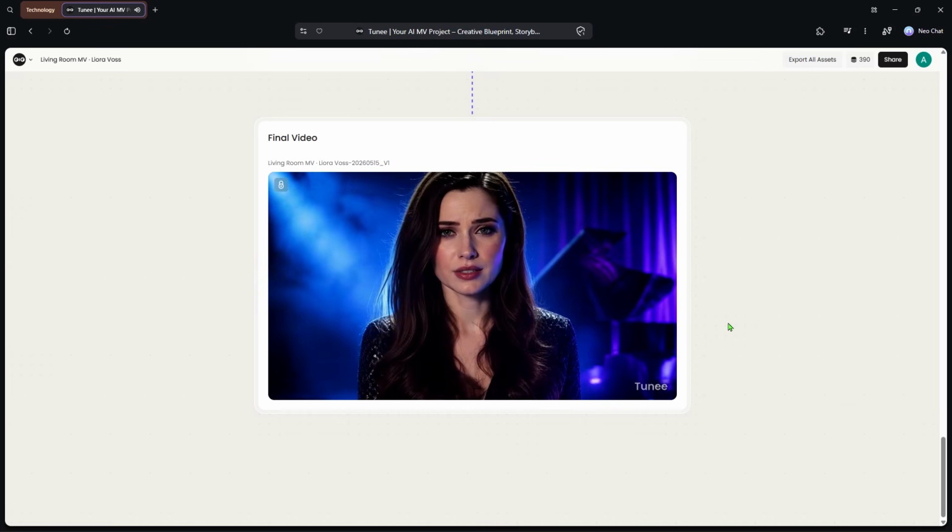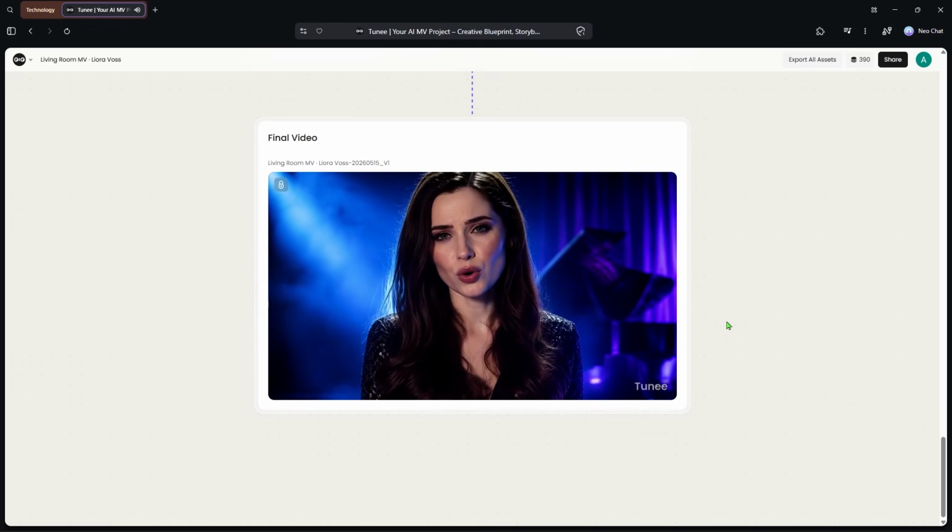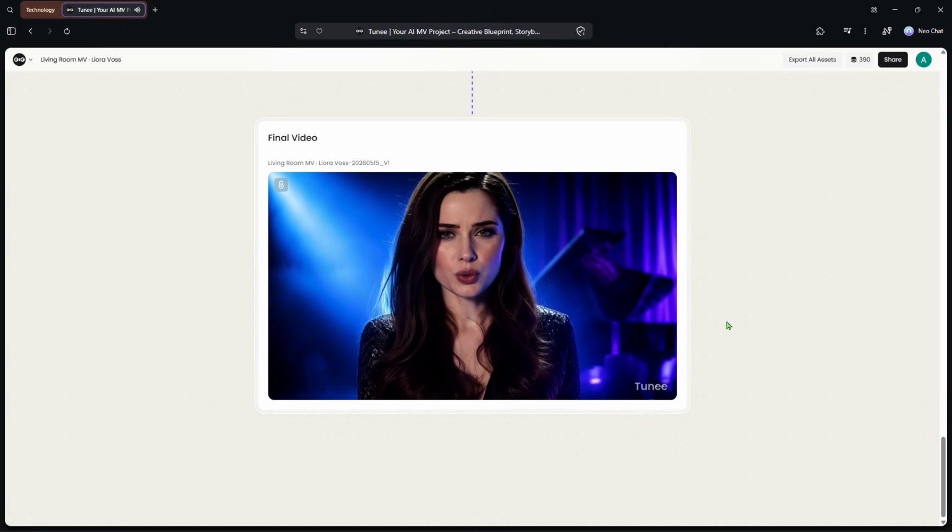Hard breath, staring at the floorboards, searching for a reason